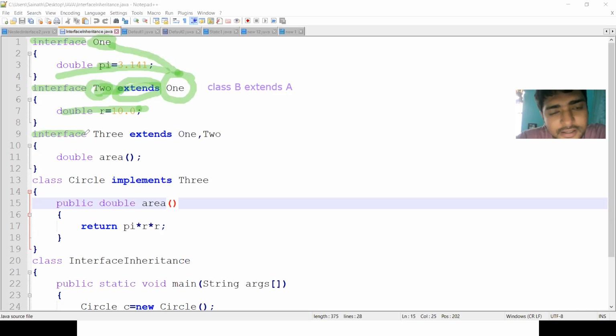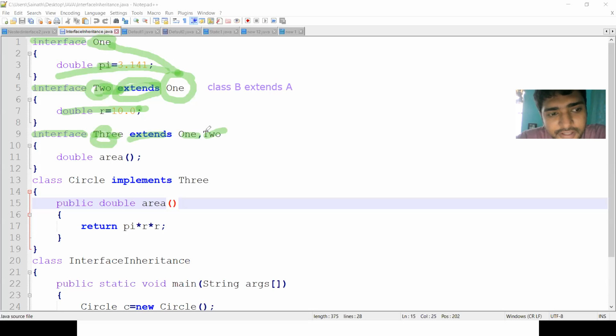Then I am defining another interface, the interface name is 3. Interface 3 extends the properties from interface 1 and interface 2.